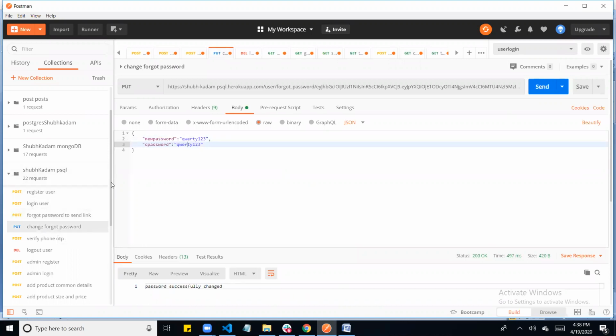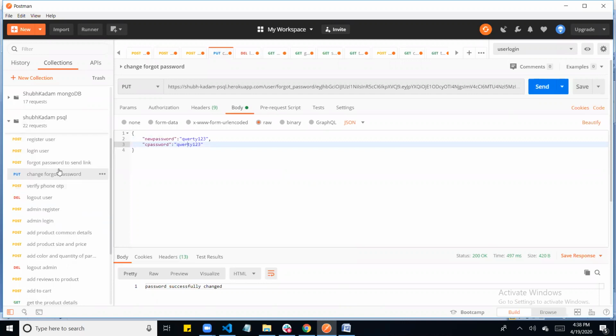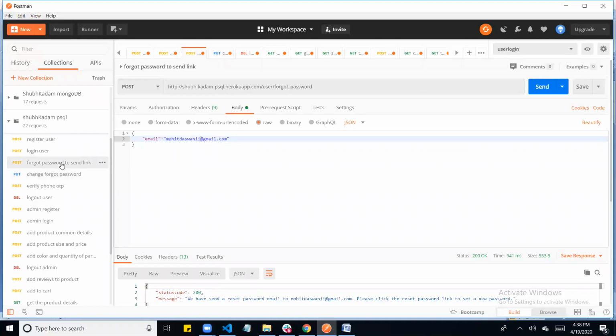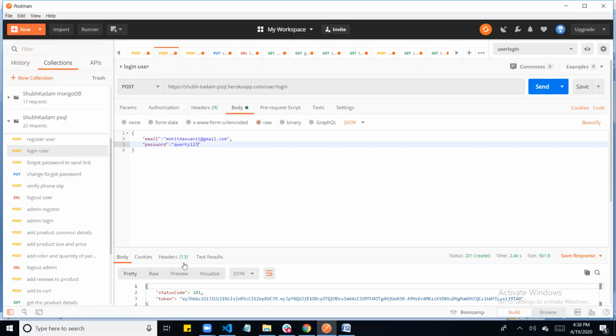If a user forgets the password, then he can change it through this by creating a new password, and the forgot password link will be sent to the email, like you can see here. After that I will have to copy this token to show you the further things. And for login, we have also used Google sign in and Facebook sign in by Passport.js.